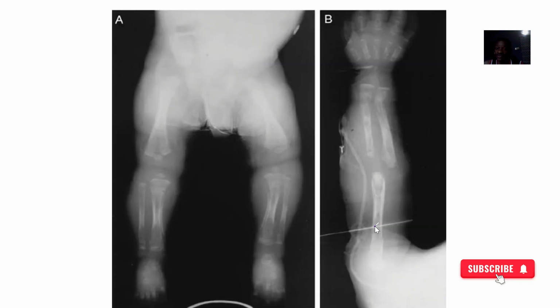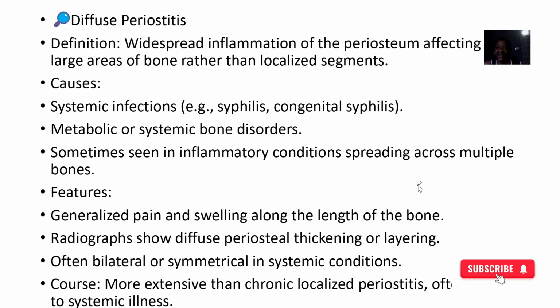Then for the diffuse one, it's just widespread inflammation of the periosteum. So it's affecting larger areas of the bone. So instead of on an X-ray where you can pinpoint that okay, there's an issue here, on a diffuse periostitis you can't really pinpoint that the issue is only in this particular area. You understand? So causes